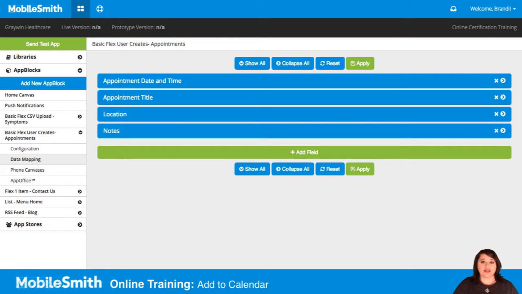Add to Calendar feature allows the app user to add an item within the app to the user's calendar. This feature is available in Flex App Blocks and Component REST. The feature will appear the same in both instances to the app user, but they are set up differently in the platform. In both cases, the designer must specify which field the device's calendar should use, and there are 5